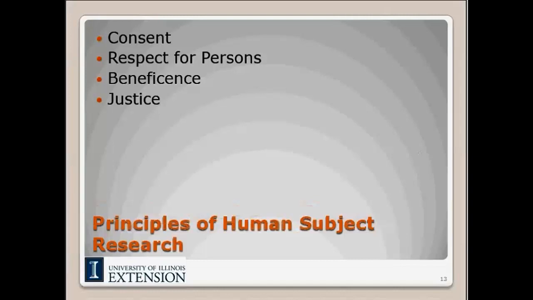So the second principle is respect for persons. And this principle really requires that researchers treat individuals as autonomous human beings, or in other words, people who are capable of making their own decisions. And really they're looking to make sure that the research does not use people as just a means to an end. So this principle also protects people who have limited autonomy for themselves or limited capability to make their own decisions. And so the rules that are derived from this principle of respect for persons are, again, the requirement to obtain informed consent from individuals, and also the requirement to respect the privacy of research subjects.